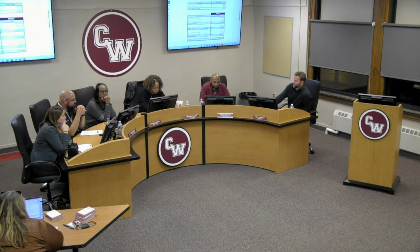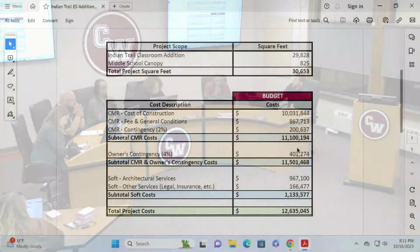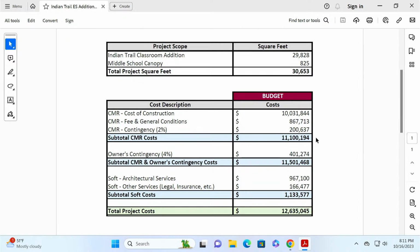Any questions on this? So this is kind of what we're operating off of on the budget. With these two contingencies, we feel like we're probably in a pretty good spot budget-wise. Once we get through the civil work and they start going up in the air, the risks are more limited. The knowns are out there, so the change orders should be less. Most of your change orders come through during the civil process when they're moving dirt and those types of things